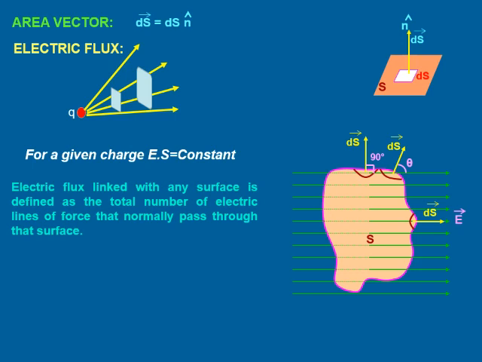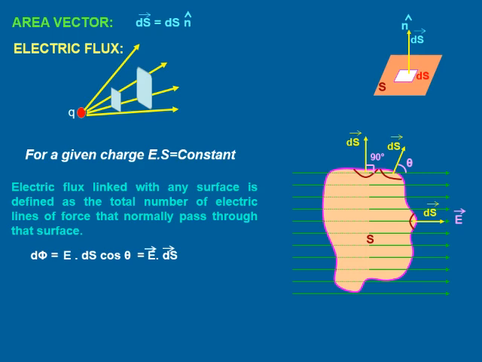In the first case, flux is E ds. In the second case, the angle between E and ds is theta. So E has to be resolved such that it is in the direction of ds. Here the cos theta component of the electric field will pass through the area vector. So we cannot just take E into S. To define flux, we have to take the component of the electric field which is in the direction of the area vector. So the general formula becomes flux is E ds cos theta.